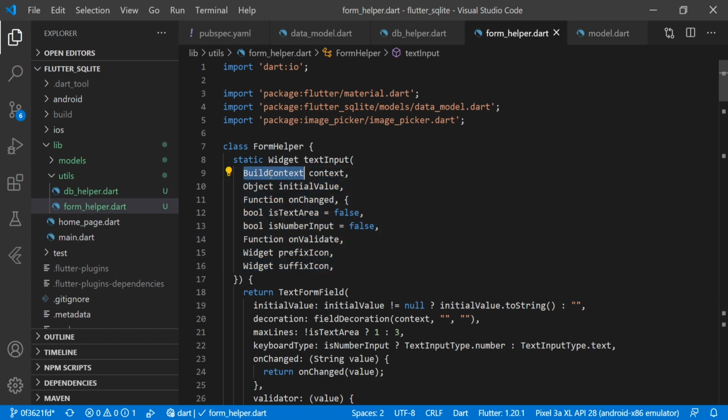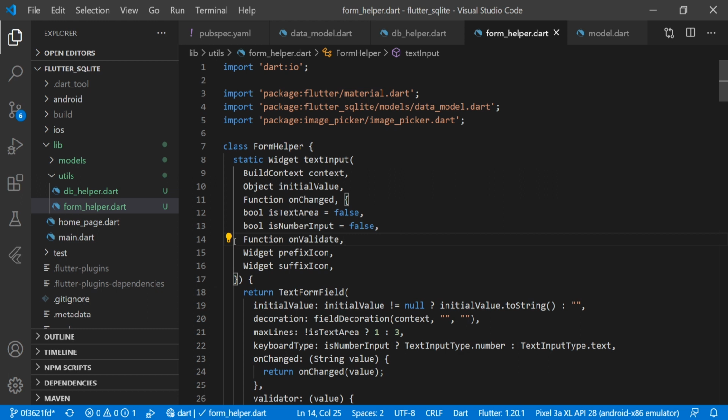We have a parameter of context, then an initial value parameter, then an onChange event, then the optional isTextArea, so we can use the text input as a text area or as a normal text box also. We are passing a parameter isNumberInput, and we can also make that text input a number input.